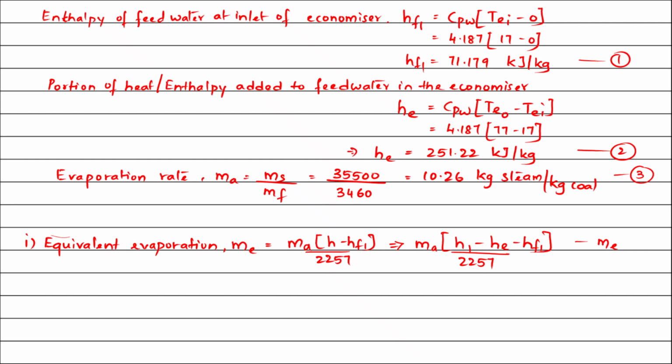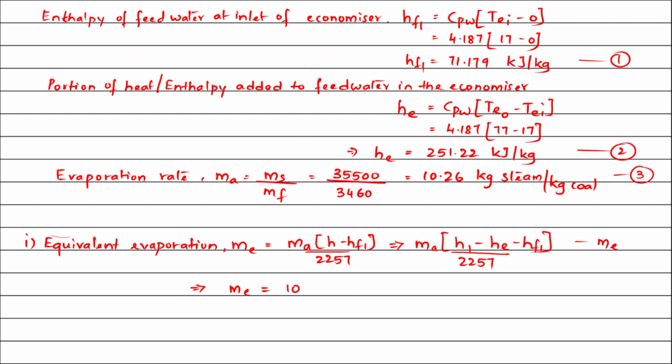Now suppose I have the superheater also. Even so, the equivalent evaporation is considered only for the boiler. So I am talking about equivalent evaporation for the boiler entity only. So my equivalent evaporation will be